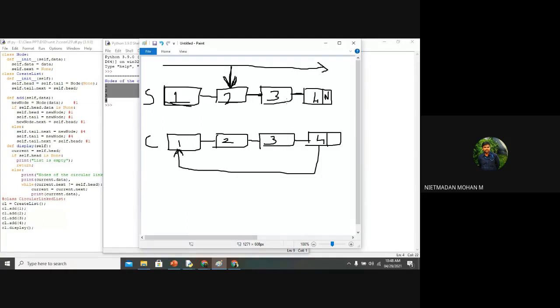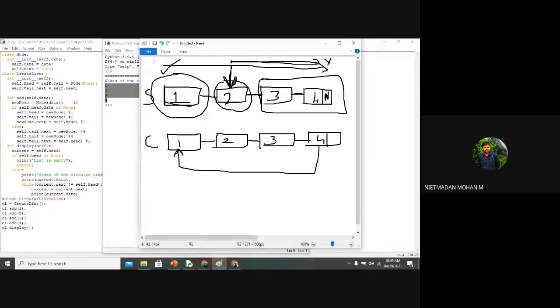The 2 will be the starting point of the traversal, and it will go to this node called 4. The link will be traveled from 2 to 4, and finally the null value will occur. After that the program will be terminated, but you will get an output of only 2. You won't see a display of 3 and 4. If you want, you can see the display of 3 and 4 by traversing from the starting point to the ending point. So when you are accessing 2, this 1 will be automatically terminated.